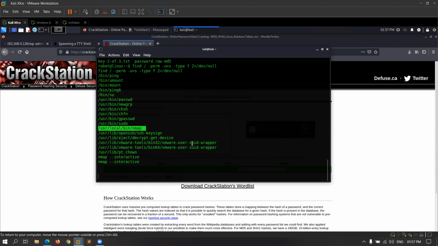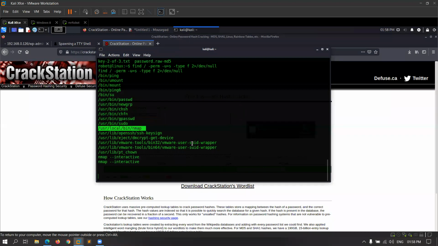So basically what is interactive? nmap has a functionality, interactive, in which users are able to execute shell commands by using an nmap shell. So it is taking the nmap shell, and I have typed nmap space interactive.